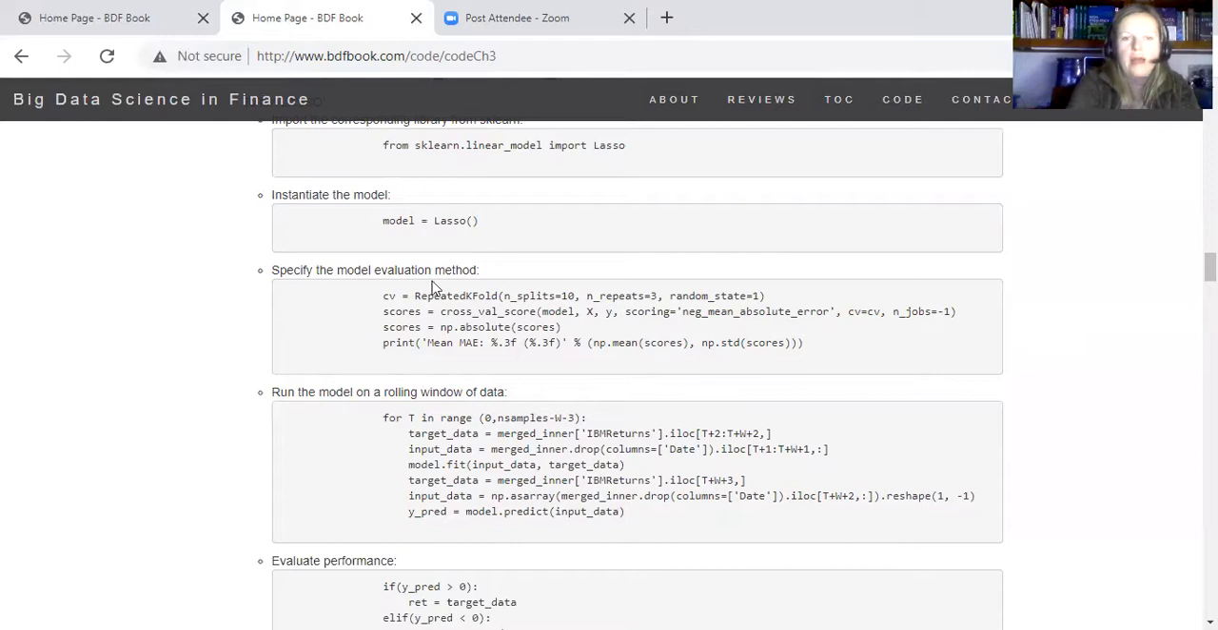So we have model lasso, and then we're going to specify the evaluation. Here we're using a k-fold validation. What this means is we're going to break the data, in this case, into 10 different subsets, and we're going to run our model on that. We're going to use cross-validation score, which we also discuss in the book, but I'm going to talk about that another time. Okay. And then we're going to use a rolling window estimator, and use this lasso on the